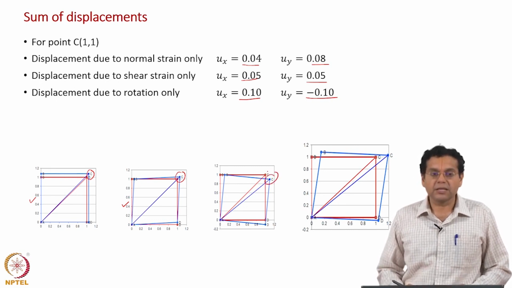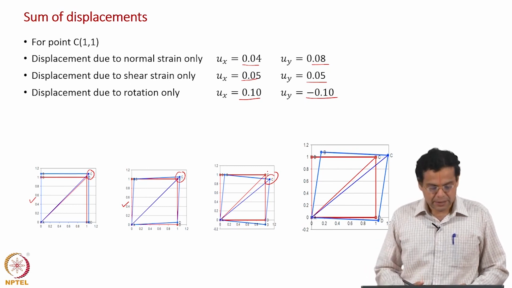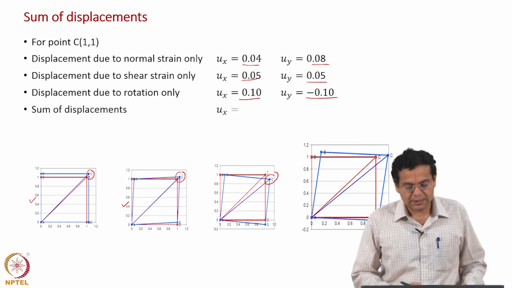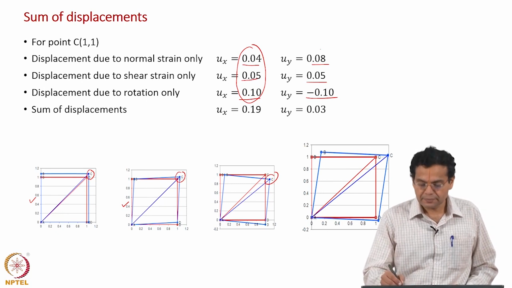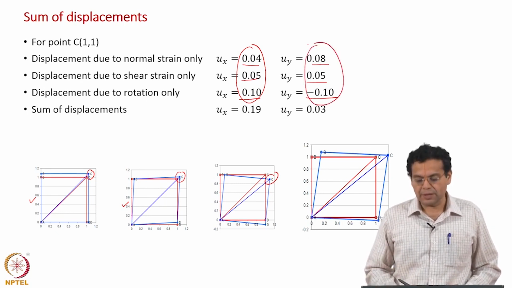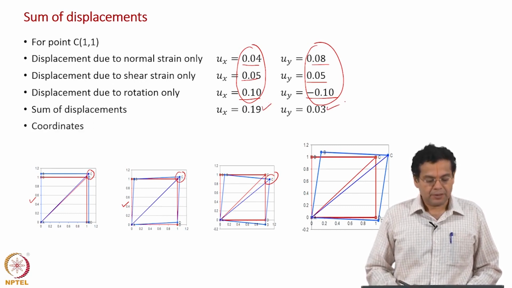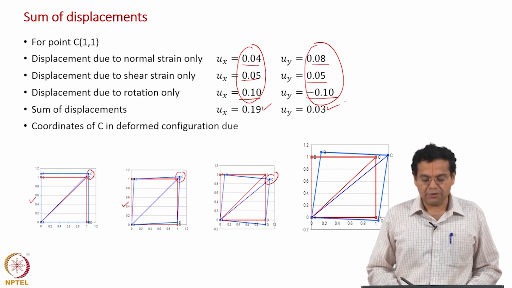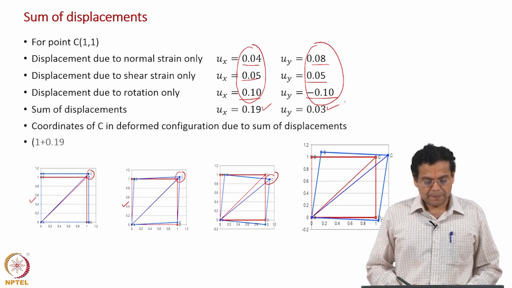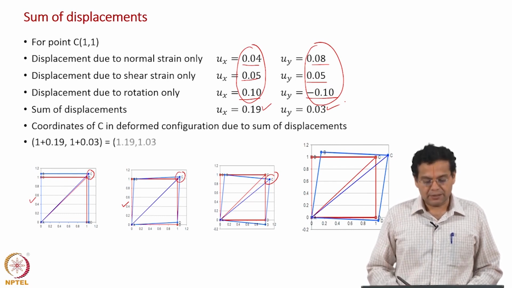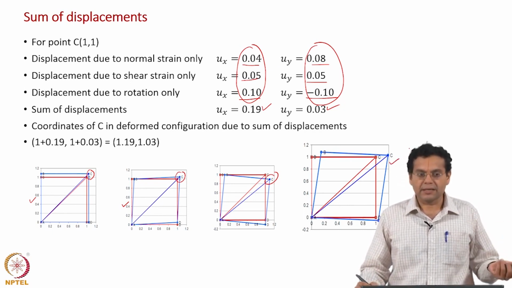Now, let us add all the displacements. Coordinates should not be added, that is not meaningful; displacements have to be added. So, sum of displacements, which means sum all these displacements along the x direction, sum all these displacements along the y direction, you get 0.19 and 0.03. Now, what is the coordinate of C in deformed configuration due to the sum of displacements? 1.19, 1.03, and that is what is shown here,